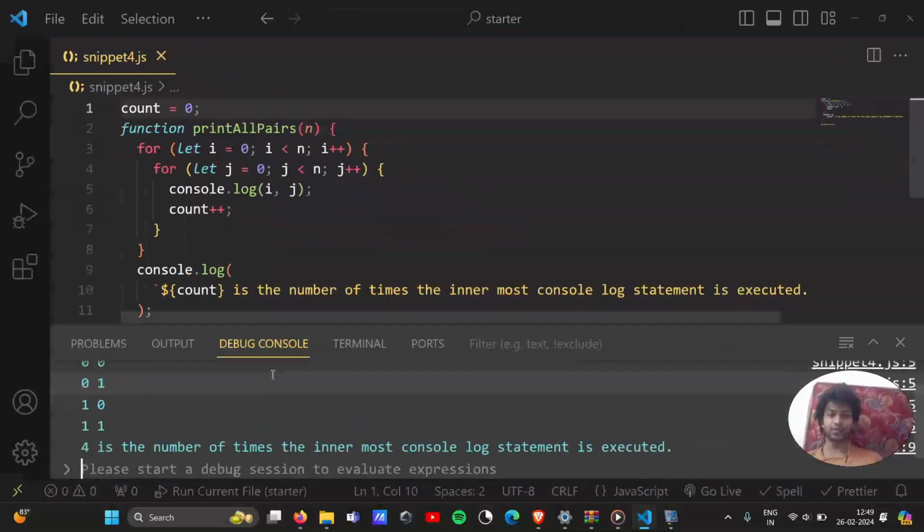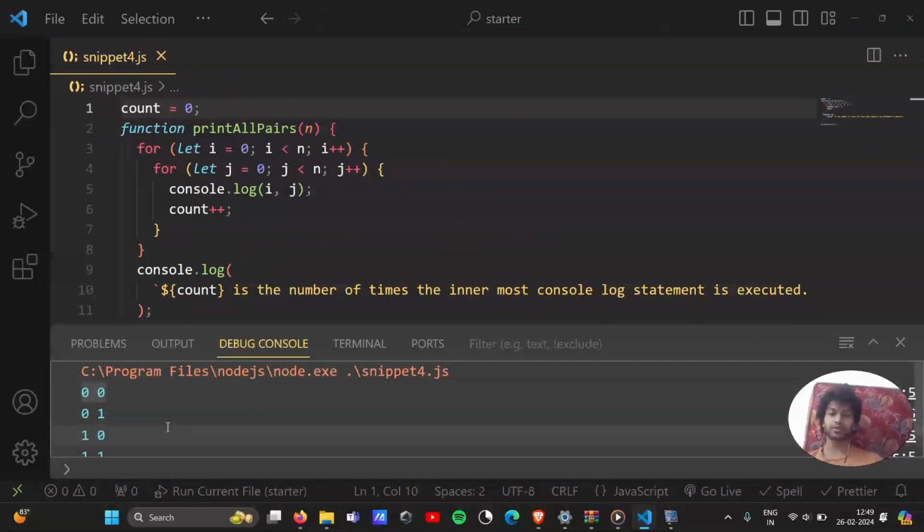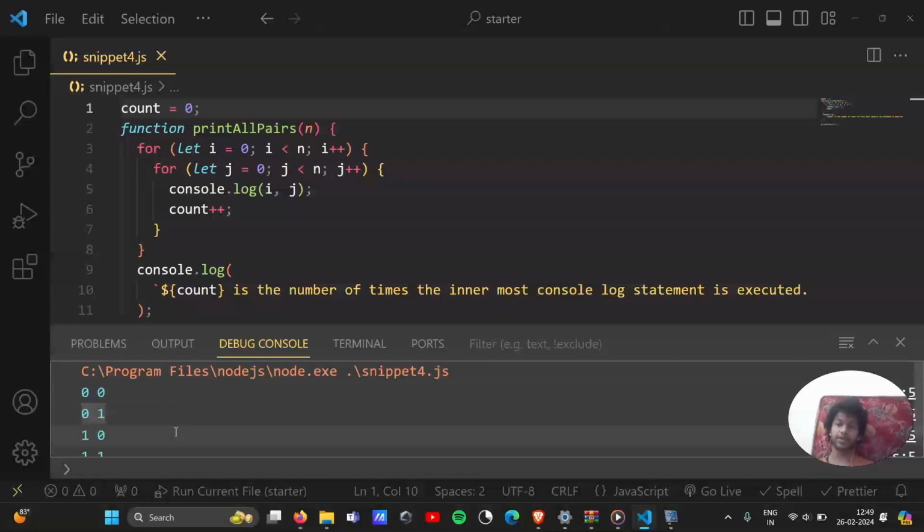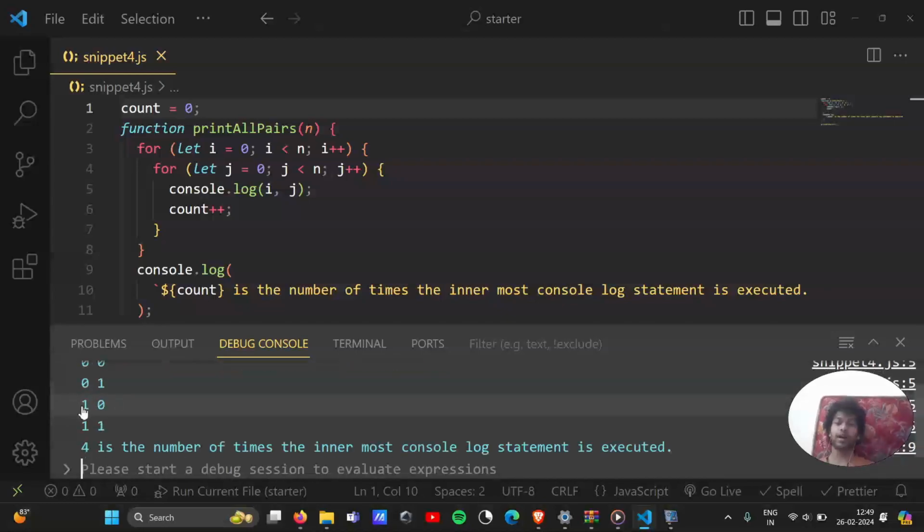Let me just zoom out and let me just show. These are the outputs: 0,0. अरे देखो 0,0 किसकी वजह से हो रहा था? Inside for loop की वजह से। 0,1 वो भी inside for loop की वजह से हो रहा था। फिर यहाँ पे ceases to exist, मतलब पूरा का पूरा inside for loop पूरा doesn't exit anymore, क्योंकि उसका पूरा काम खत्म हो चुका है।